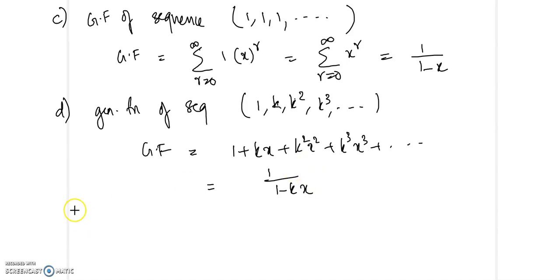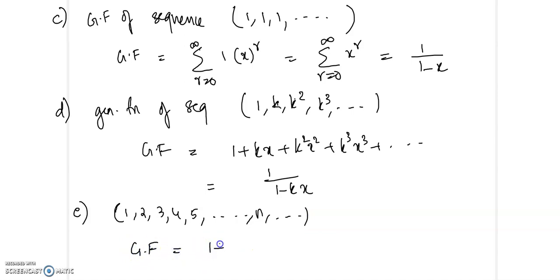And similarly, if you have the sequence 1, 2, 3, 4, 5, up to n, then the corresponding generating function will be 1 plus